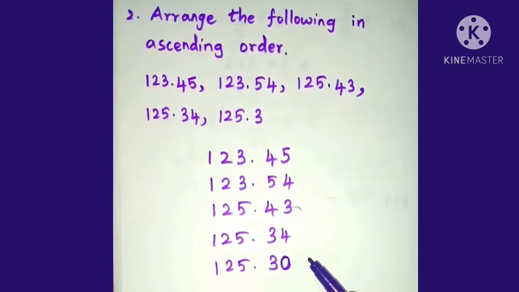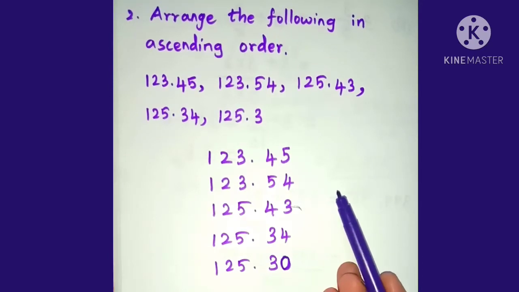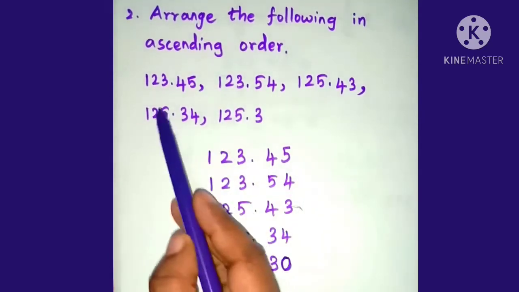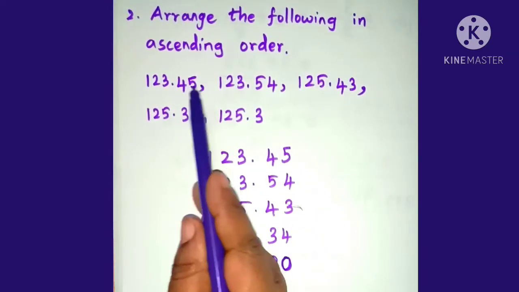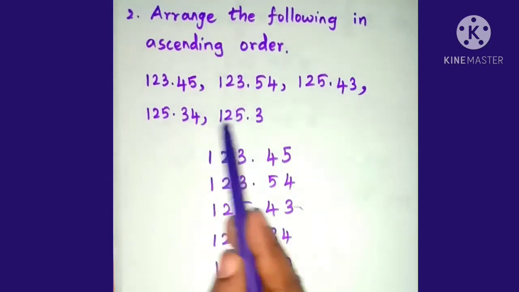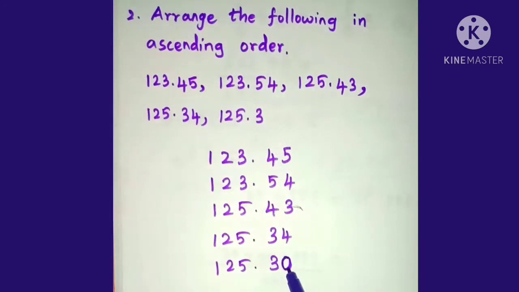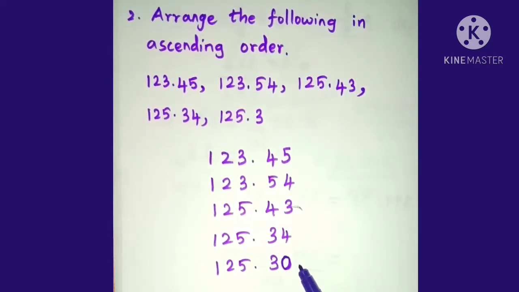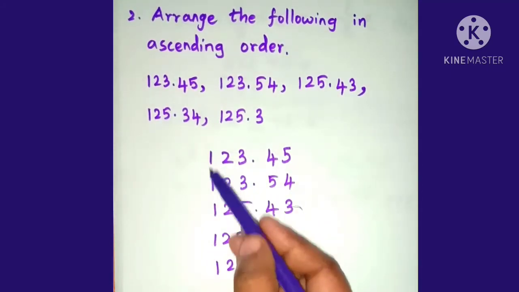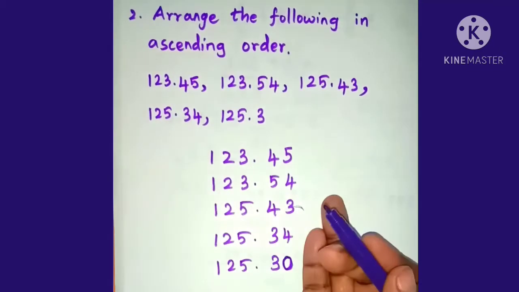Add zeros. If necessary, add zeros in the rightmost digit in the decimal part. So here in 4 decimal numbers, there are 2 digits in the decimal part. In the last decimal number only 1 digit is there. So add 0, to become decimal numbers with equal decimal digits. Now as the next step, compare the columns from left to right, from whole part to decimal part.